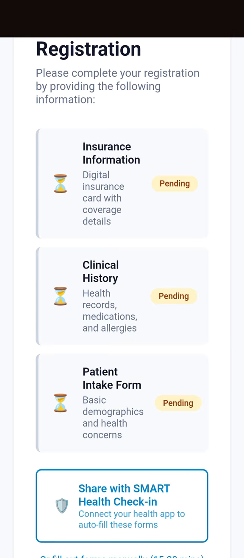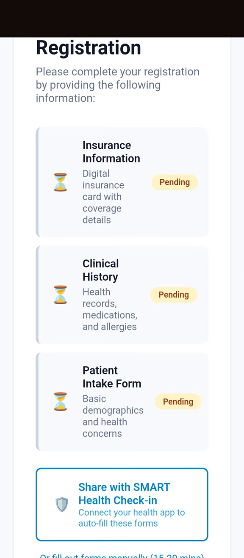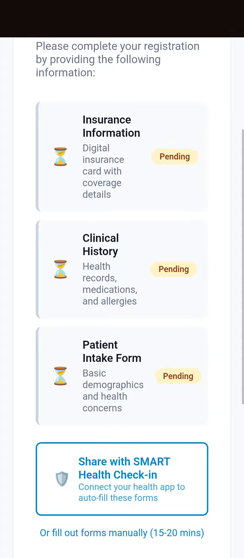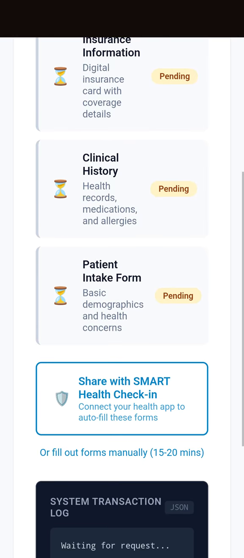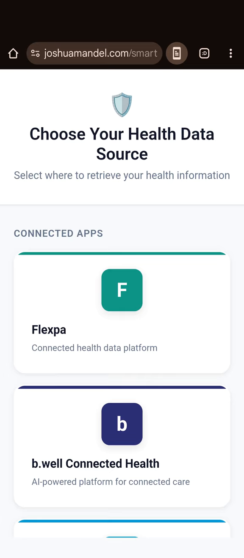This should be a pretty familiar looking screen where you're being asked to share some information that might include insurance information, clinical history, as well as some patient intake forms. And the sort of new and exciting bit here is there's a button that says Share with Smart Health Check-in. And if I tap that button, I'll be taken to a list of apps that I might want to use in order to complete that sharing